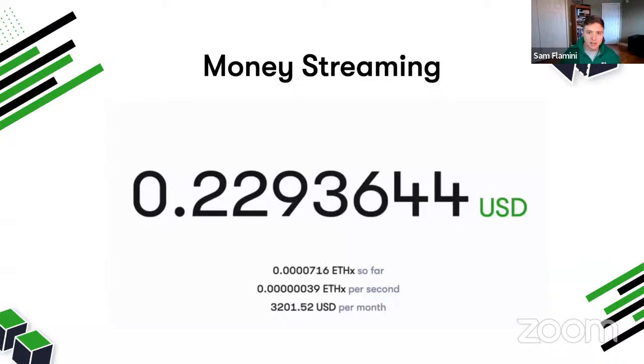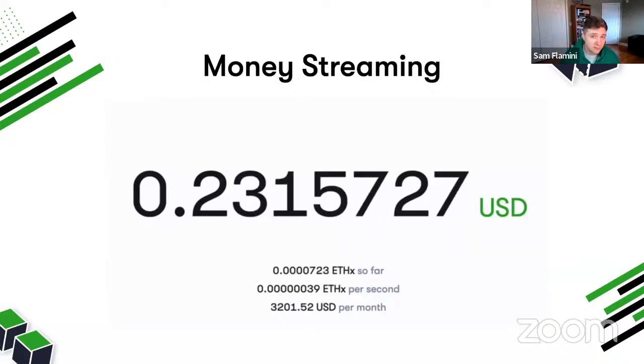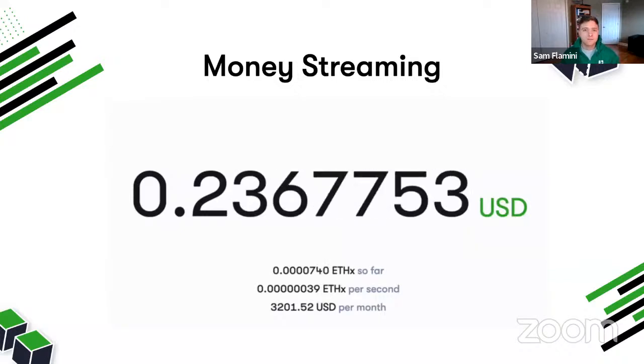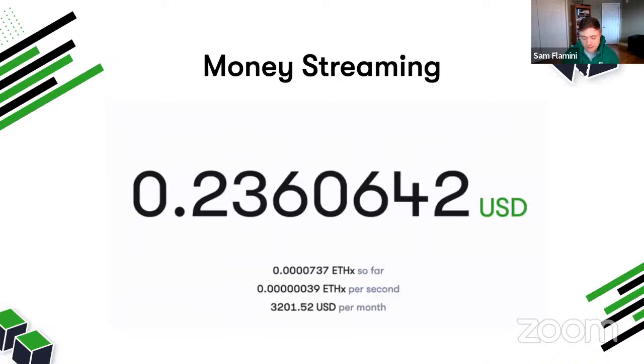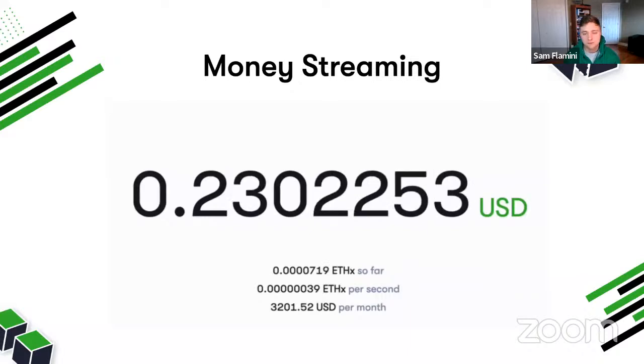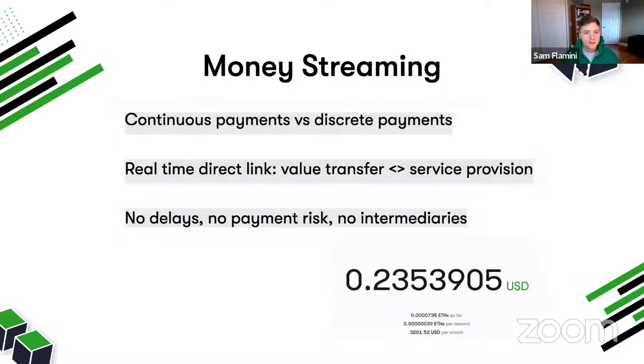These are actually technically open-ended, so you don't even have to define the period if you don't want to. But effectively what happens is it's like opening up a faucet where money is literally streamed second by second from one account to another. So again, I just kind of explained what these are, but what I think is interesting about this is that second point there in the middle, that this enables a direct real-time link between value